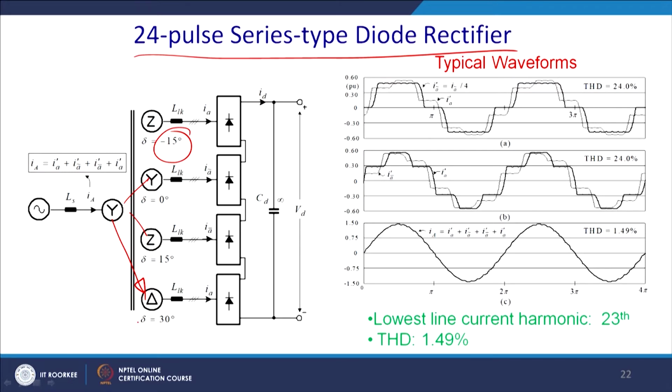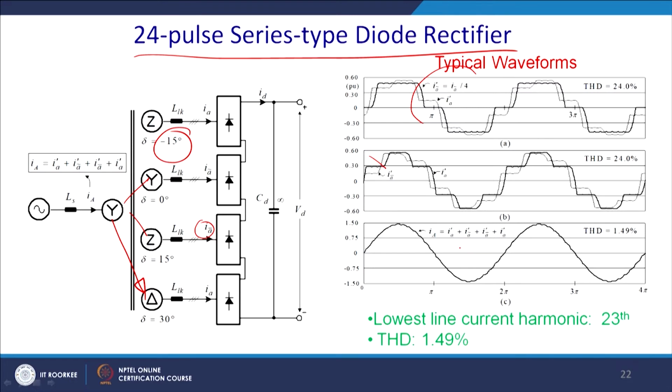So, let us draw this current and this current, because we cannot draw all the currents together. If you superimpose them, you will see that this current and this current have a 15 degree phase shift. Similarly, this current and this current have a 15 degree phase shift. They are put together into the third waveform, which consists of the primary current, that is IA plus IA delta plus IA bar plus IA prime.